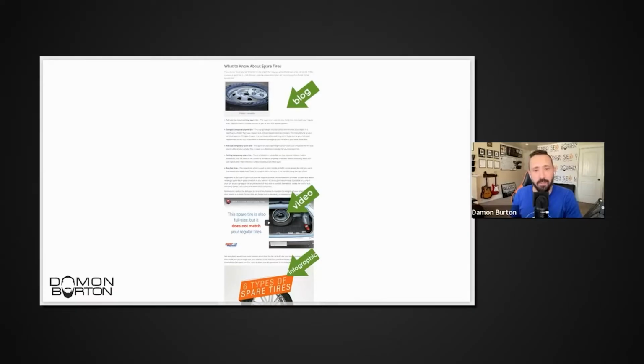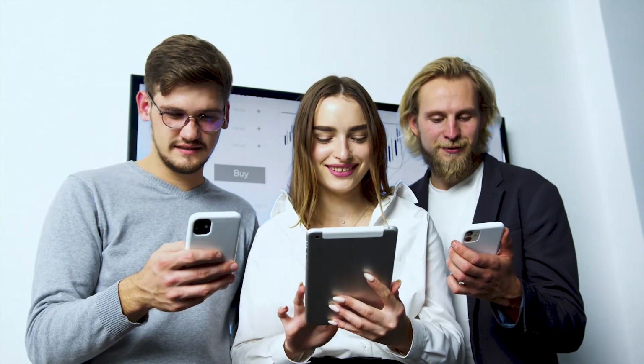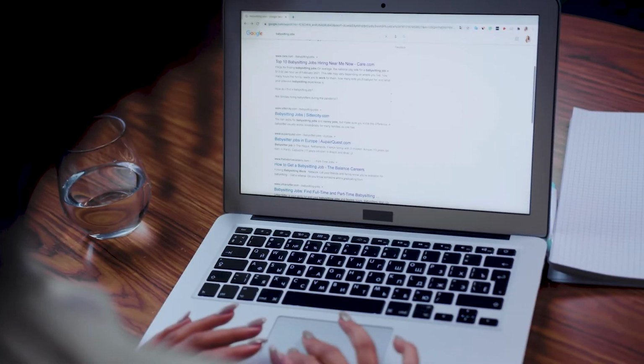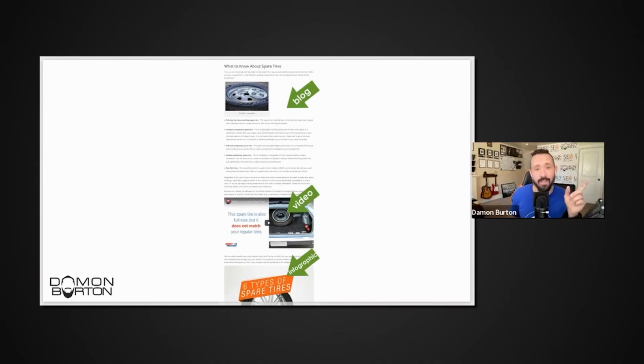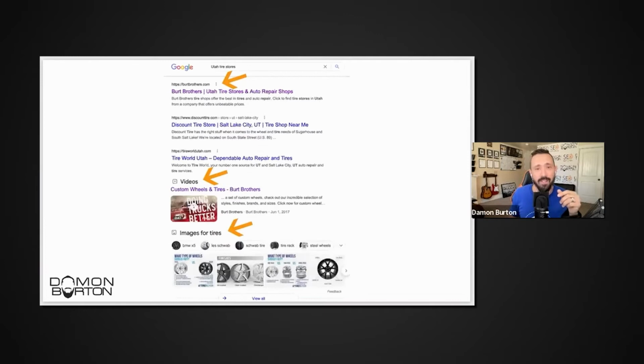Then by process of elimination, we do the infographic last because it's just so vertically tall. We don't want to suppress the other information. Therefore, the video is in the middle. Now, here's what's cool. This page is now more content heavy. It's more value added. Therefore, it increases the chances that it's going to rank higher on Google. And because we repurpose into videos and graphics, you have the potential to have multiple results on page one.